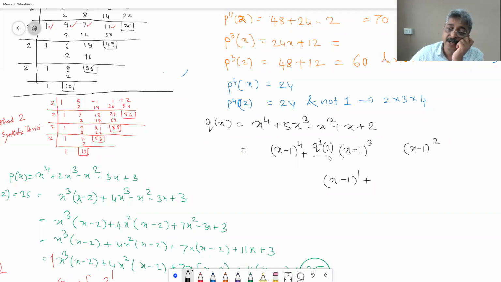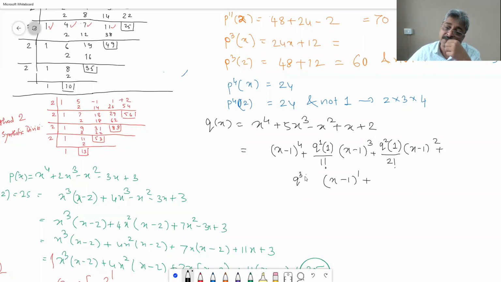Whatever you get, divide by 1 factorial, that is going to be the coefficient here. Differentiate q of x 2 times, evaluate it at 1, whatever you get divided by 2 factorial is going to be your coefficient. Plus